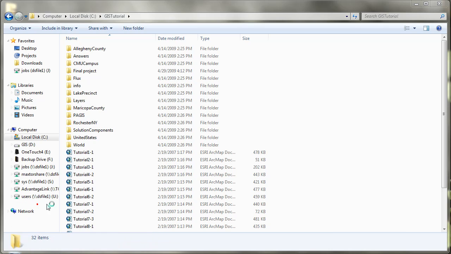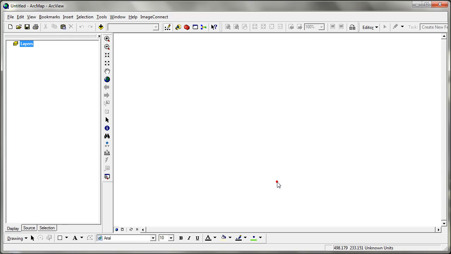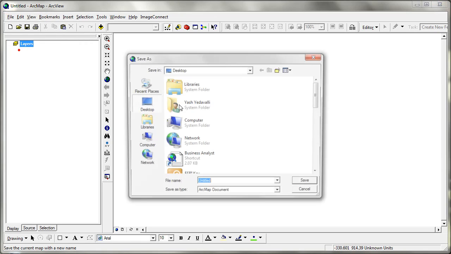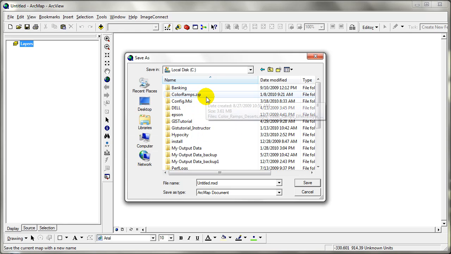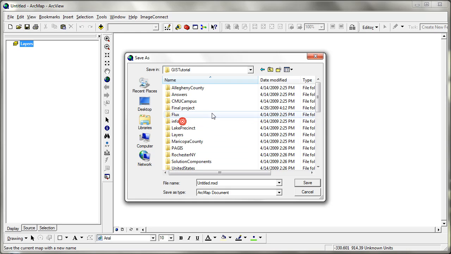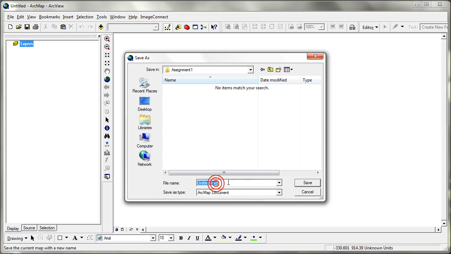Okay, so to get started, I'm gonna go to my program files and actually go to ArcGIS and open up ArcMap. So here's ArcMap, we all know, and I'm gonna start with an empty base map, and I'm gonna go to File and click on Save As and go to my computer, go to my C drive in which I have the GIS tutorial folder in which I have my answers, and I'm gonna save this as